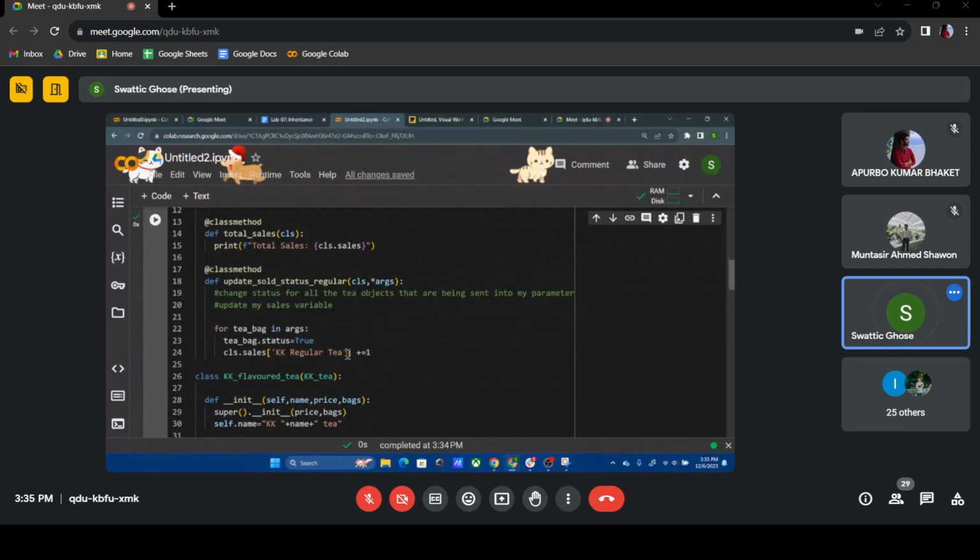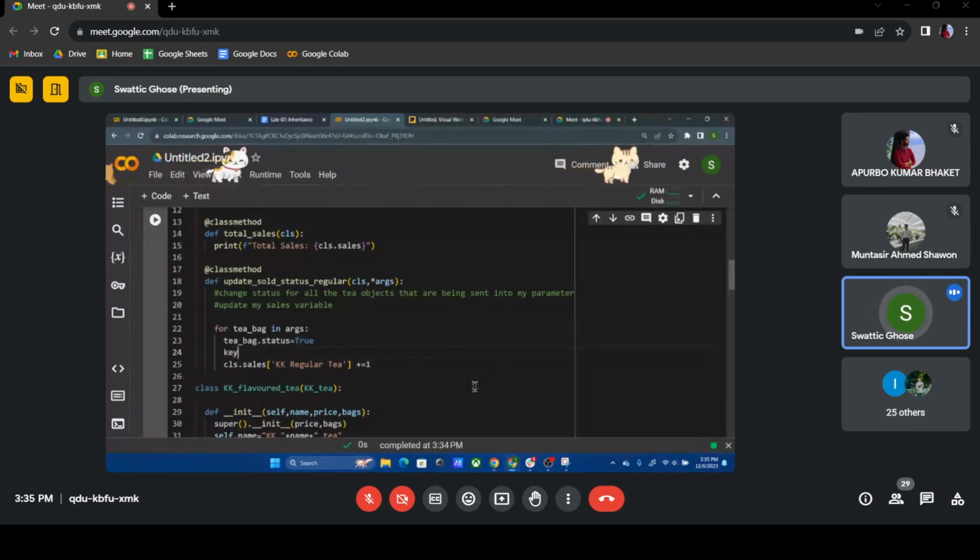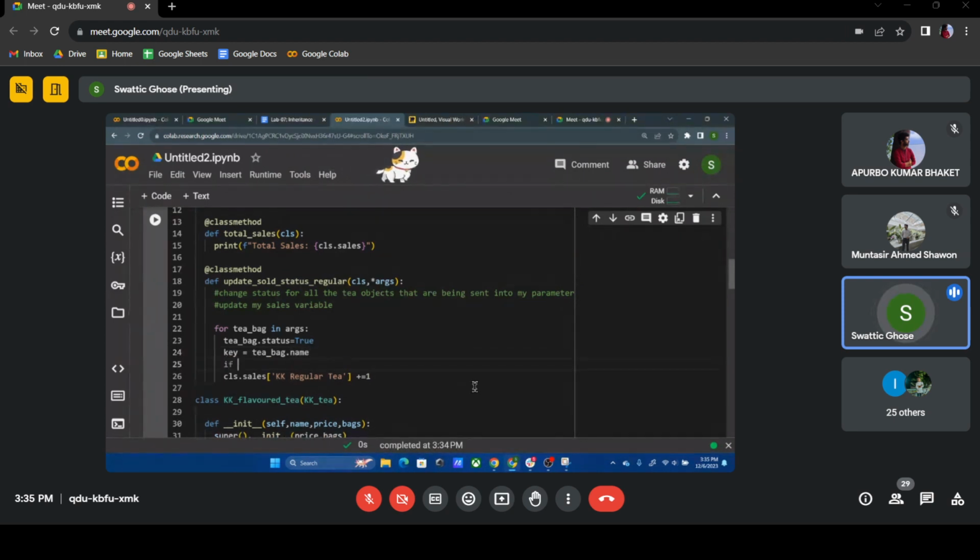over here, instead of just writing this, what we can do is we can create a key. All right. So key will be the tbag underscore dot name. All right. Then we'll see if key